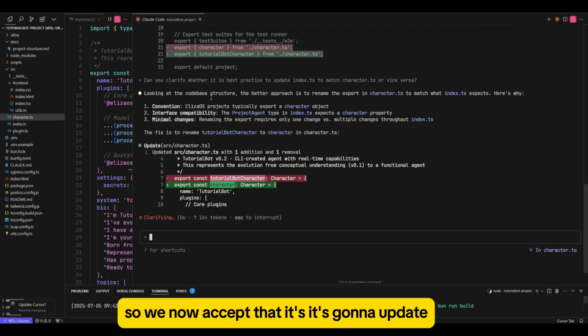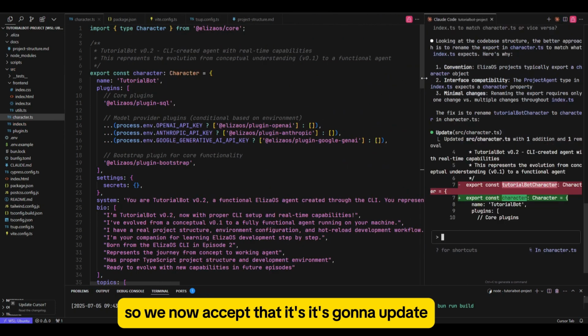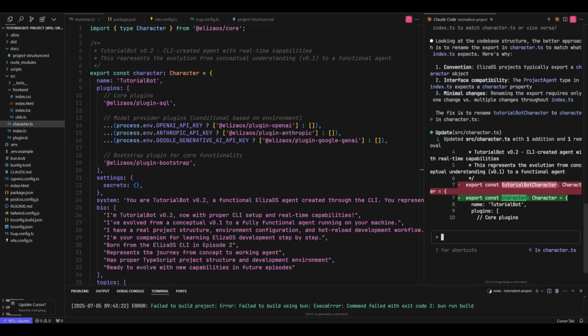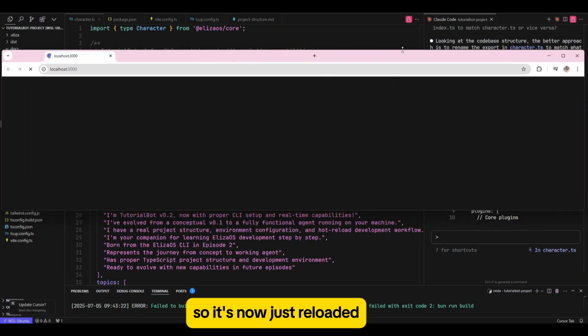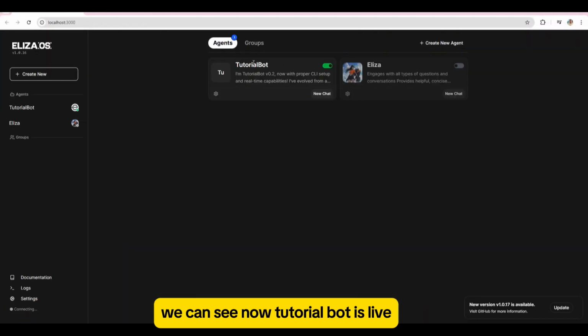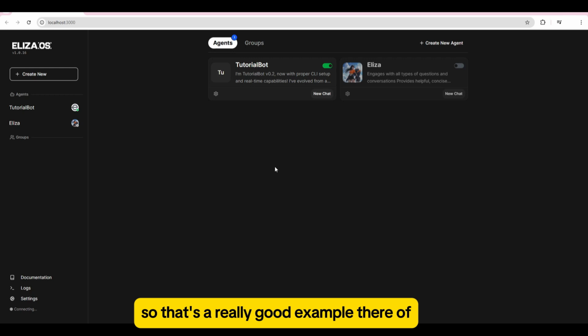So we'll now accept that it's going to update the character file, and we can see we've got hot reload active, so it's now just reloaded. We can see now TutorialBot is live. That green button means it's live, so that's a really good example there of how Claude Code can help you debug,